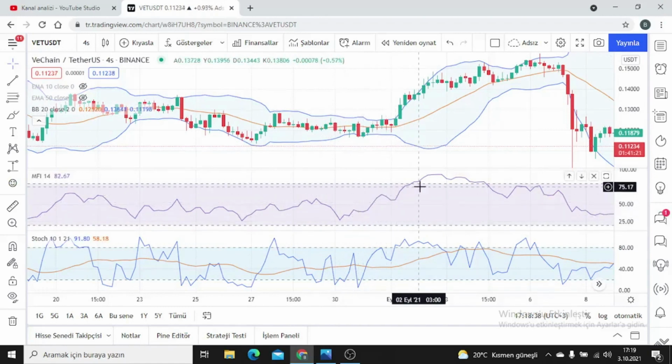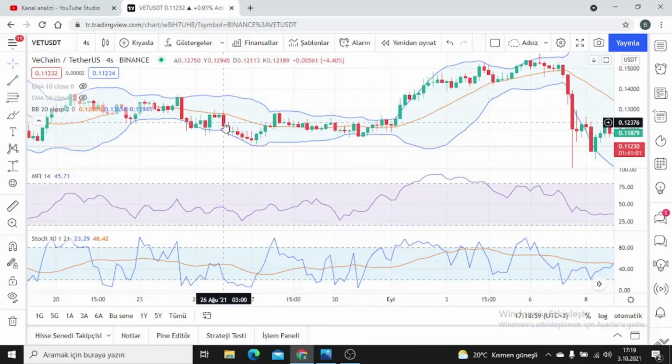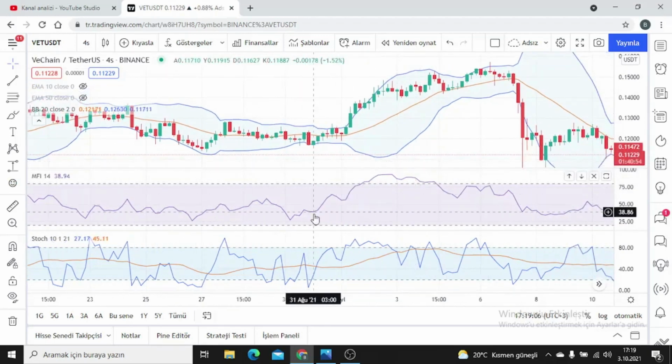Let's come a little closer, friends. The Bollinger Band here shows us that the market is horizontal, as you can see. But it always shows that there are buyers, money is entering the market and new buyers are entering the market. If the Bollinger Band is moving horizontally like this, don't go into the trades too much. Because the Bollinger Band does not show us the direction of the trend. It helps us predict a breakout down or up. So if you see a horizontal and narrowed Bollinger Band like this, don't go into too much trade. You can trade in areas where there is a gap in the Bollinger Band, as long as you follow the indicators.